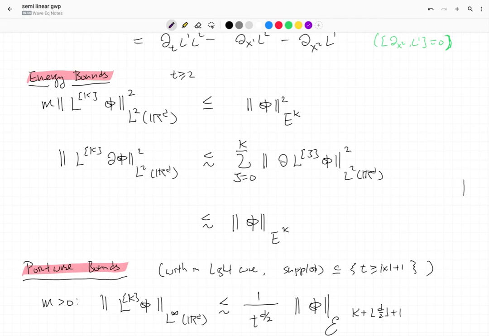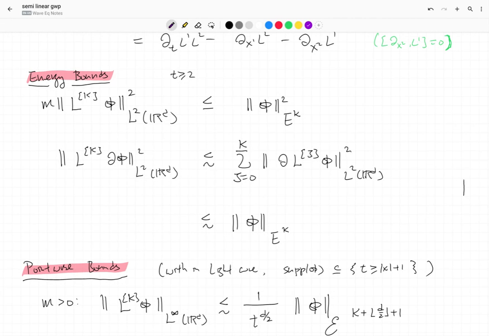First, we know that just by definition, the kth order L derivatives of phi measured in L2 are bounded by the energy E_k of phi. In fact, this k can be replaced by any j less than k. Similarly, in the wave case, if you look at L^k acting on the derivative of phi measured in L2,